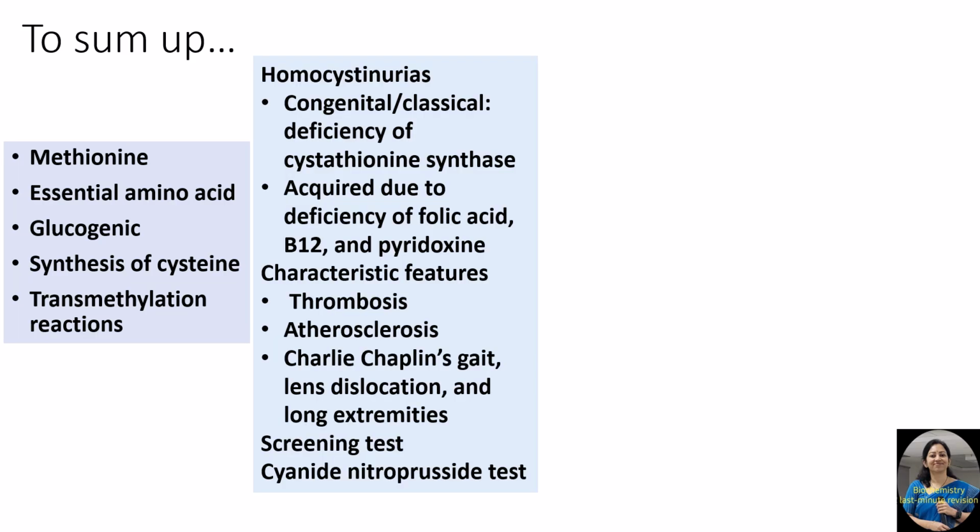Coming to the clinical significance part, homocystinuria has two types: congenital or classical, due to deficiency of cystathionine beta synthase enzyme, and acquired, due to deficiency of folic acid, B12 and pyridoxine. Acquired is more common when compared to the classical form. The characteristic feature of homocystinuria is homocysteine accumulation. Accumulated homocysteine activates thrombosis by stimulating factor 12, predisposes to atherosclerosis by oxidizing LDL, and by interfering with collagen cross-linking, it alters the gait of the child in the form of Charlie Chaplin's gait, lens dislocation and long extremities. There is a screening test to identify homocystinuria, the cyanide nitroprusside test,